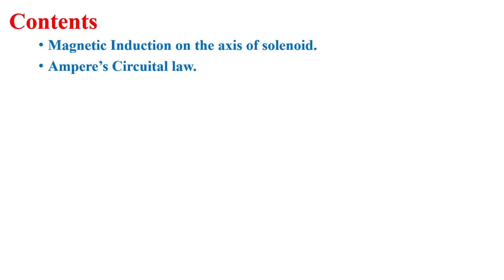A current carrying conductor produces a magnetic field. If two conductors carrying current are placed close to each other, the magnetic field produced by them interact. This type of interaction is known as magnetic interaction of steady current and it's dealt with in magnetostatics.